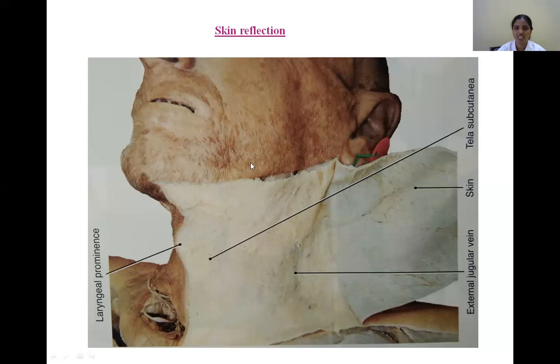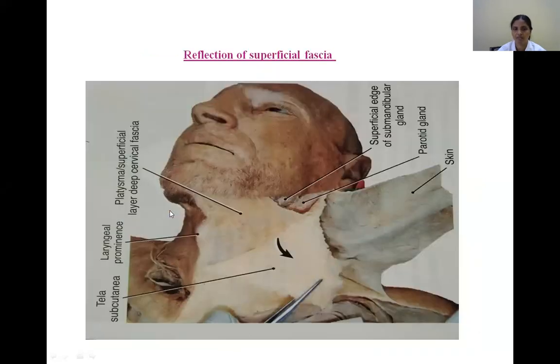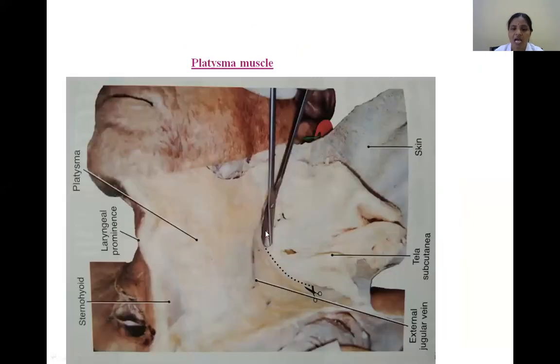By reflection of this superficial fascia we can see it. So along the same incision lines, we should reflect this superficial fascia. Now you see, this is the reflection of the superficial fascia, and immediately we can identify the subcutaneous muscle. Why am I calling it a subcutaneous muscle? Because it appears in the superficial fascia. So what is this muscle? Platysma muscle. Here you see, after reflection of the entire superficial fascia, you identify the quadrilateral shaped platysma muscle, the subcutaneous muscle.